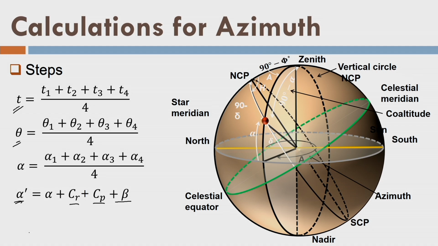According to the time, I will refer to my star catalog and find out the value of declination for the given time, and remember that we have already found out the GMT. For that GMT, what is the value of declination? Well, I know the declination value delta, I know the alpha dash from observation, and I know the latitude of the place of the observer.